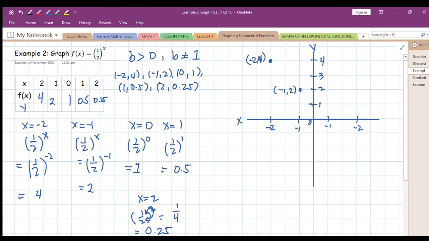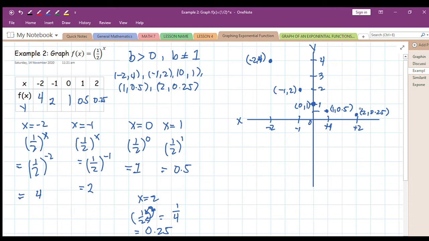and 1. And also we have 1 and 0.5. Okay, this is positive, not negative. So we have 1 and 0.5. So 0.5 is here. So we have 1 and 0.5 as our x and y, or ordered pair. And last, we have 2 and